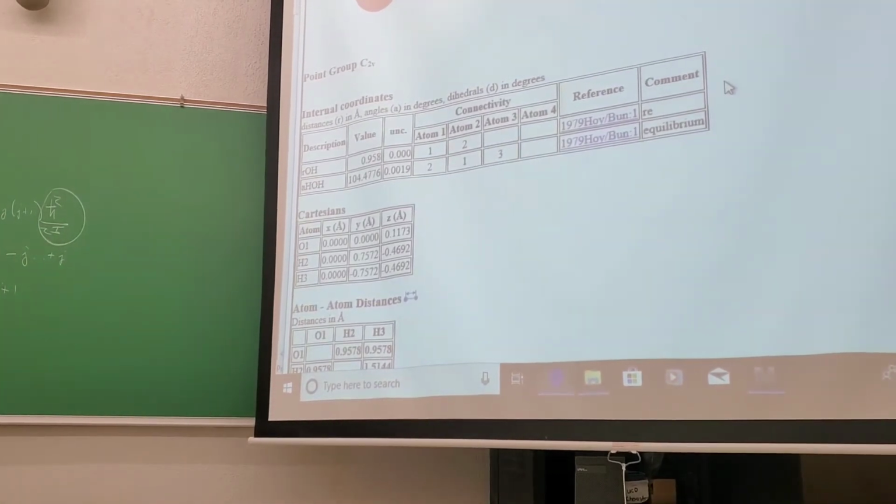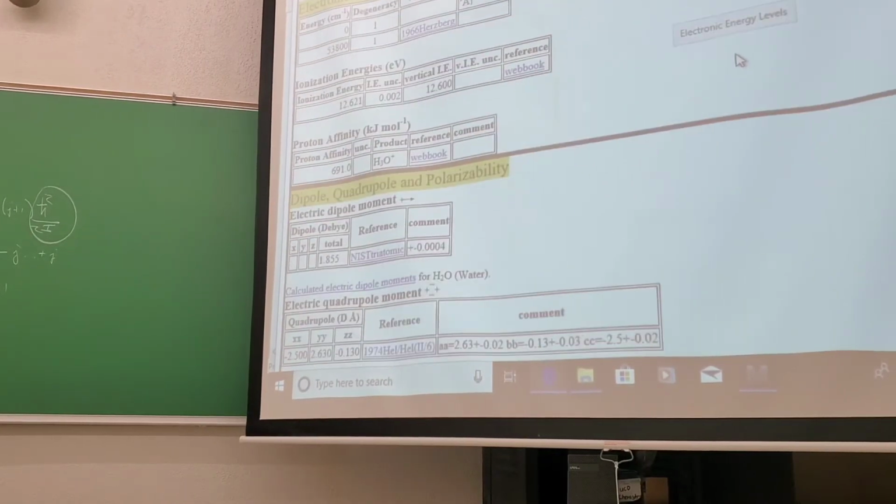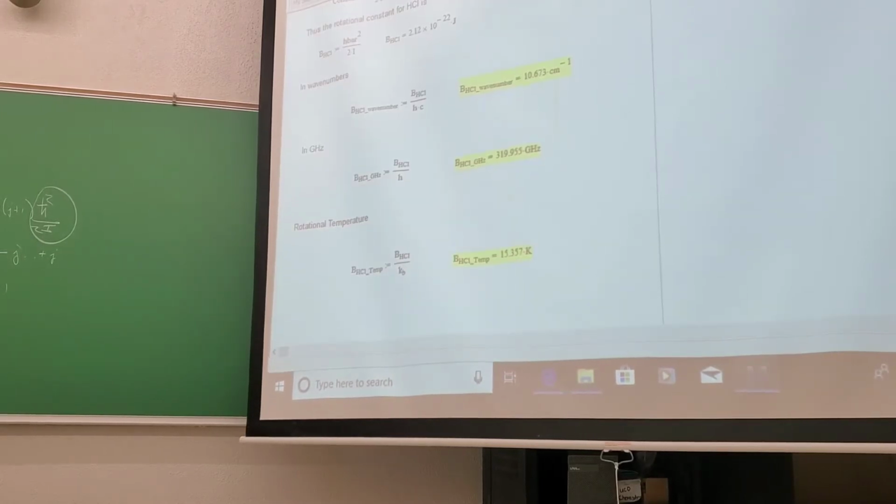And then there's more, there's atomic distances. There's all sorts of really interesting information that is presented for any molecule that you choose. So it's a very good rotational source. All right, what I want to do then is say, how do we get those moments of inertia for a